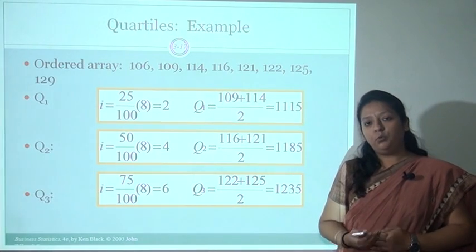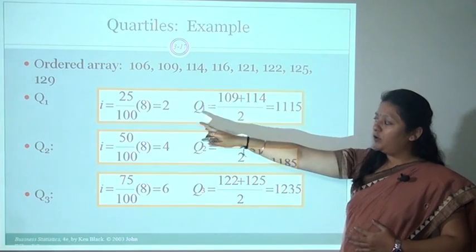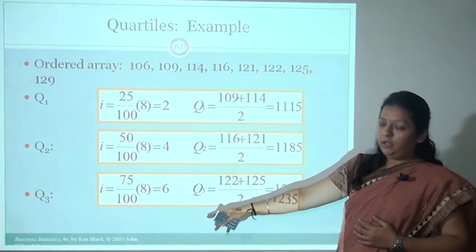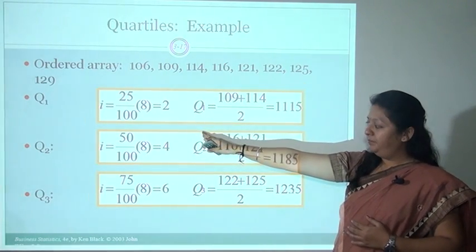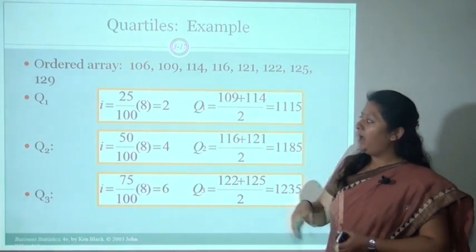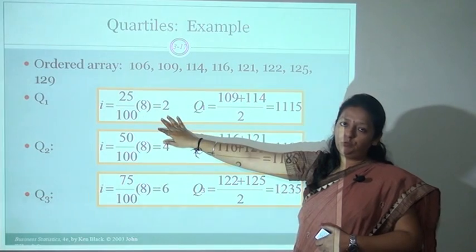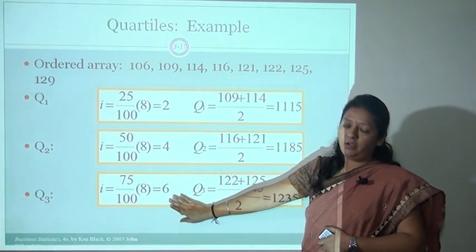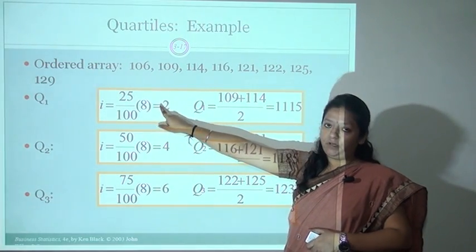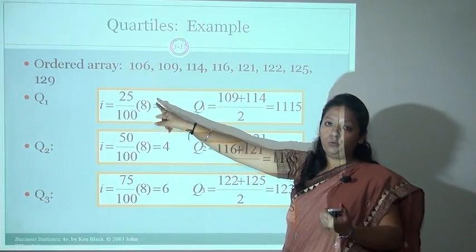Now for the calculation of quartiles, here also we first have to arrange the data into an ordered array. We'll calculate the value of quartile 1, quartile 2 and quartile 3 using the same formula, that is q divided by 100 into n, in all cases. Now we have a question: find the 25th, 50th and 75th percentile quartiles. So we'll divide 25, the location of the quartile, by 100 into n, the number of observations in the data set.